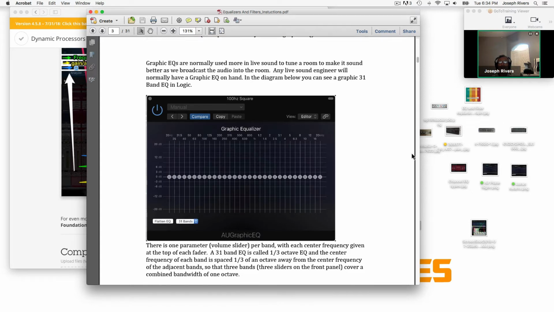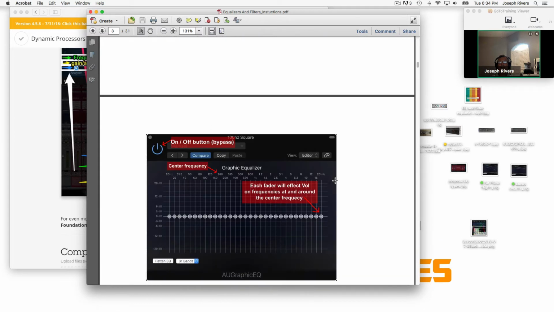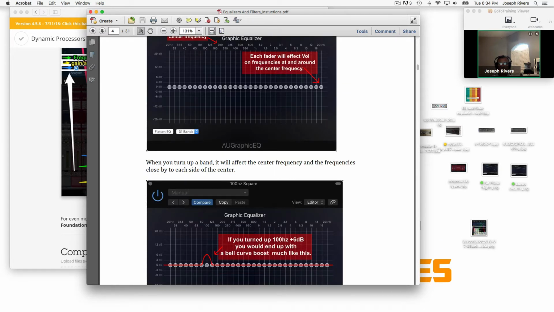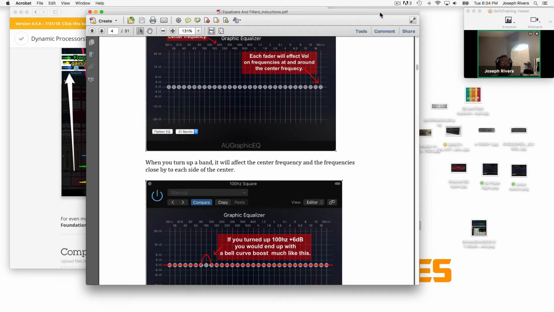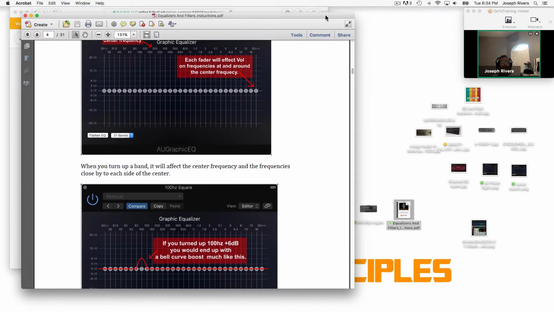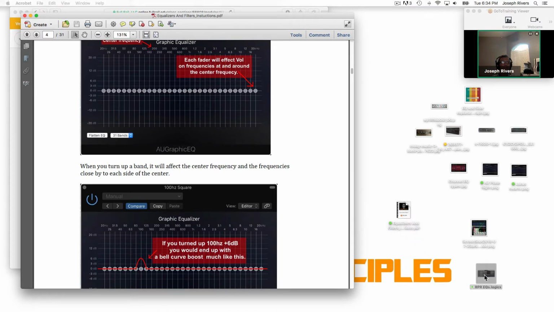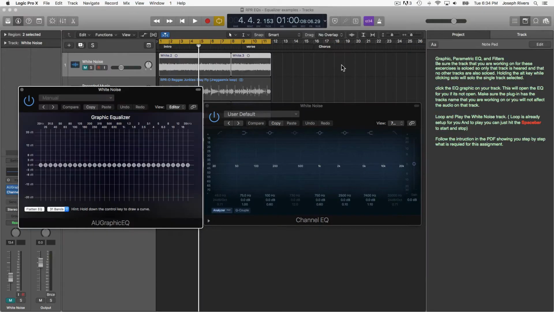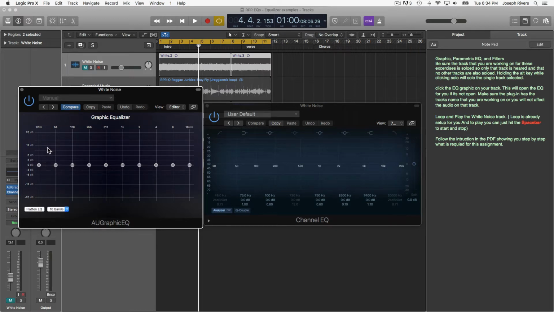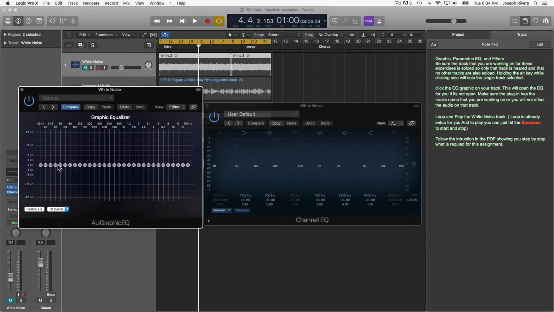By going to a 10 band, let me see if I've got a picture of it here. No, I don't. Let's just open that up and show you. I'm going to take that session. Where'd it go? There it is. All right. So I can switch it from 10 band to 31 band. And you notice when I go to 10 band, there isn't as many frequencies selected. So this one gives you a little less control than that 31 band. Ultimately, a 31 band will give you a lot more control. And remember, you only have the capability of amplitude up or down. You can't change the frequency